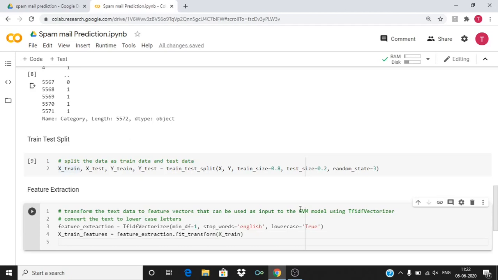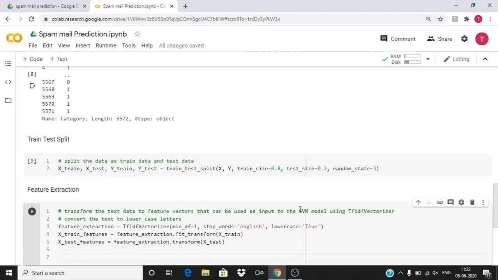Now xtest features. We shall convert the test data also to features. Xtest features is equal to feature extraction dot transform xtest. So xtrain will be converted to xtrain features and xtest will be converted to xtest features.